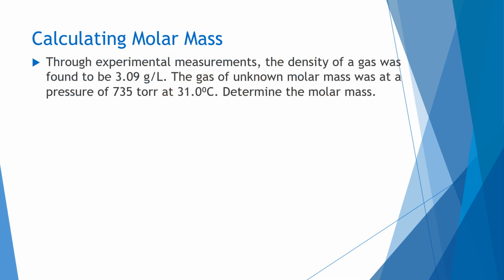So our first example is, through experimental measurements, the density of a gas was found to be 3.09 grams per liter, and the gas of an unknown molar mass was at a pressure of 735 torr at 31 degrees Celsius. So I'm going to put up here our equation. So molar mass equals dRT divided by P. We must make sure everything is in correct units, and right now we have things that are not. So for example, our pressure is in torr, but we want to get that into ATM. So we're going to take that 735 torr and divide it by 760 in order to get it into our ATM, which we get about